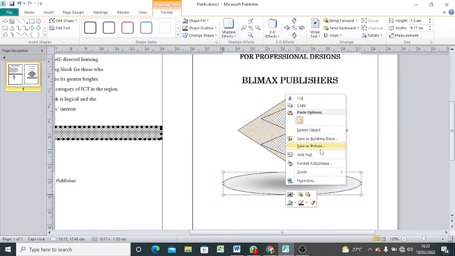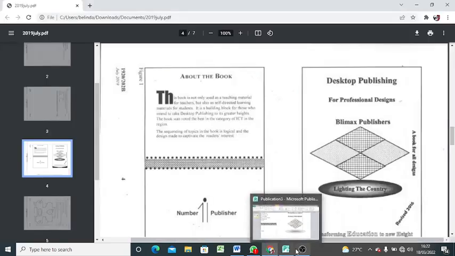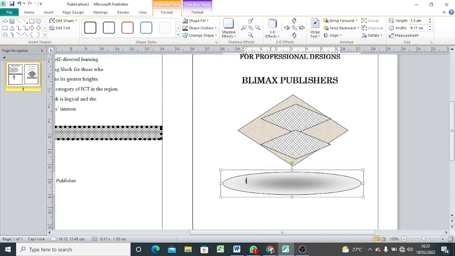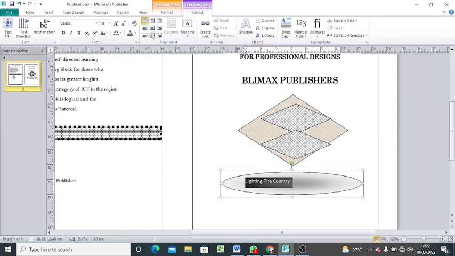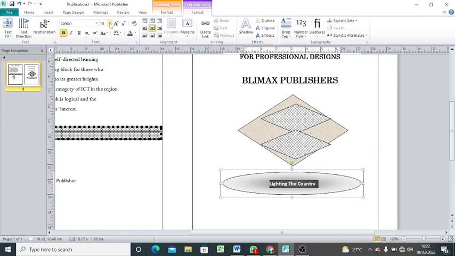Then right click, go to add text, then we have writing the country. Therefore we have writing the country. Then this one is centered. You just go to format, then this one is centered and bolded like that, and then this one is also somehow writing the country,